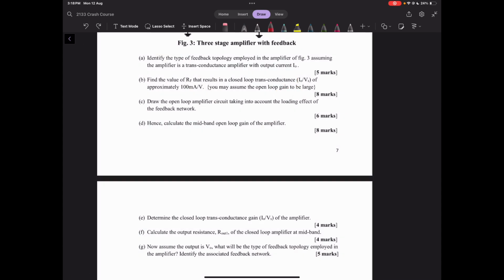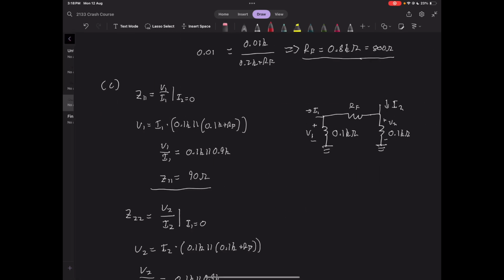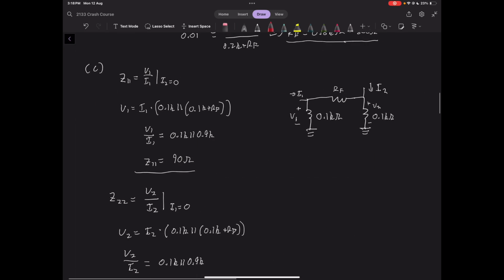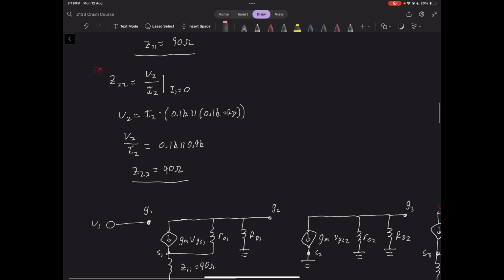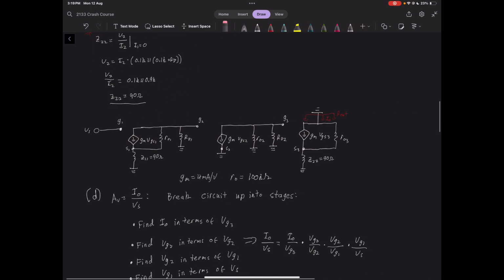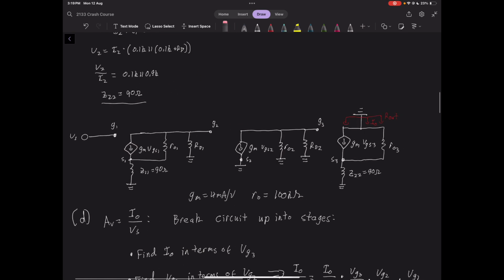Okay, now we want to draw the open loop amplifier, taking into account the loading effect. So first we need to calculate what the loading effect will be. Again, we said we use Z parameters for this circuit. So we find Z11 and Z12. This will be the loading effect on the input, and this will be the loading effect on the output. Again, it's just 2-port network stuff, nothing too crazy there. And then we draw the